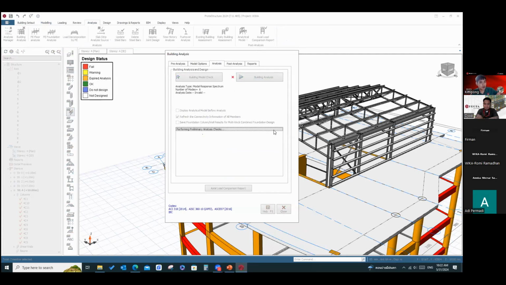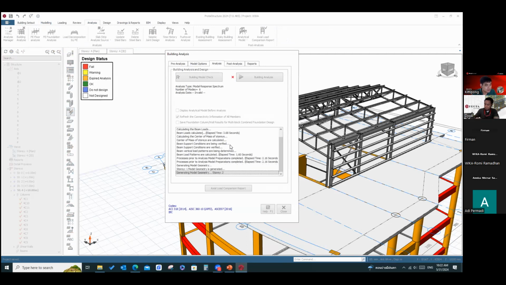After you analyze this, it will give you the result of the flat slab. Okay, and that's it.